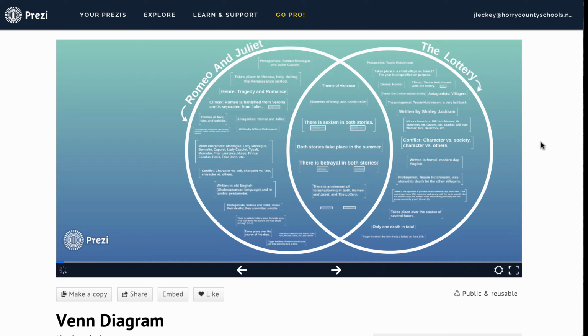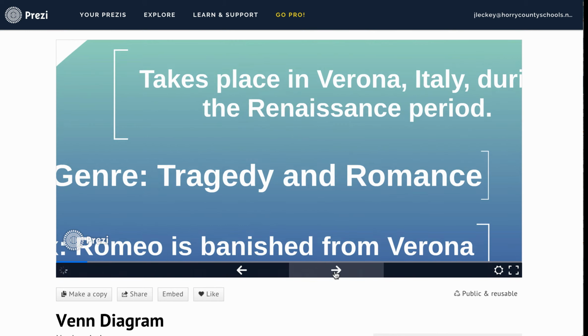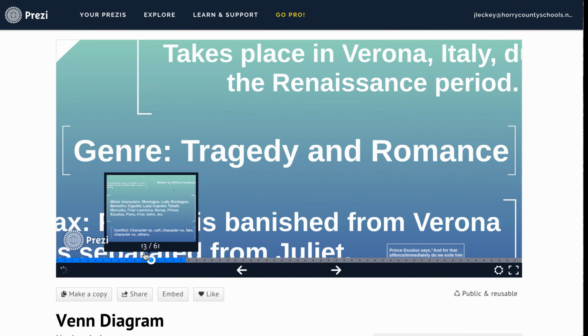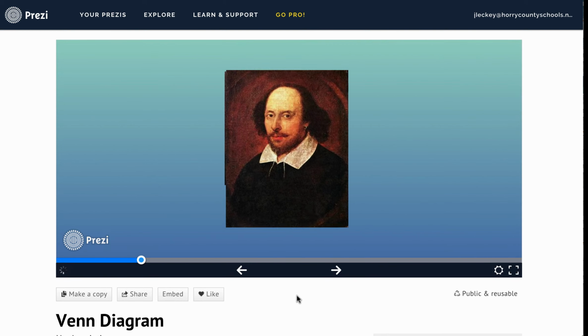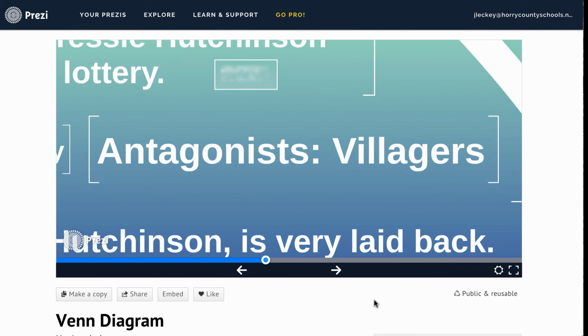I looked up an example that compares Romeo and Juliet to the story of the lottery, and this is just proof of the power of Prezi. On the left-hand side, the creator has zoomed in on major characters and information that takes place in the first story, but if I drag this forward, they also used images, and if I move further along, it goes right